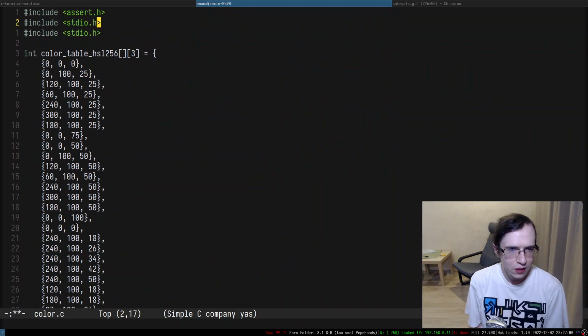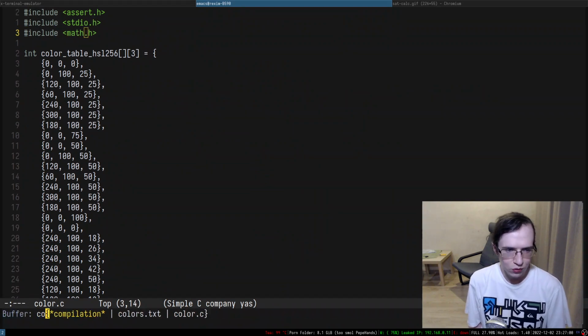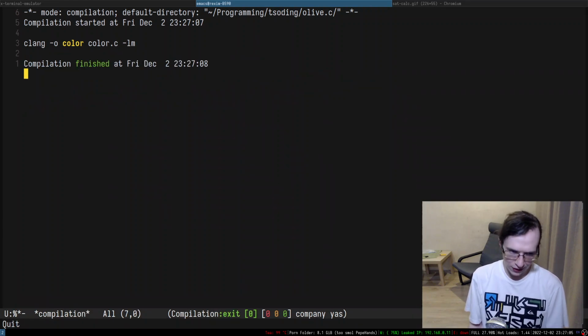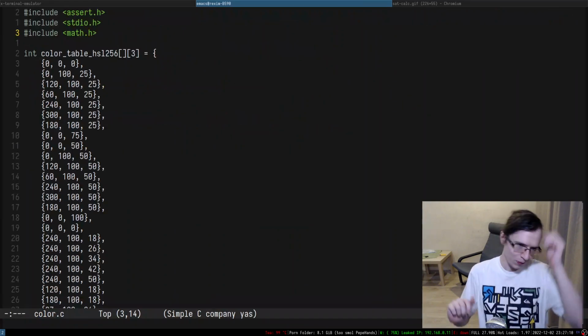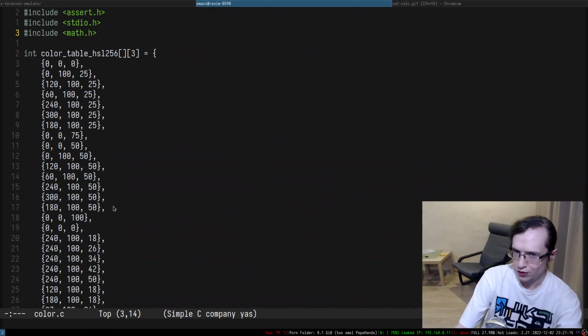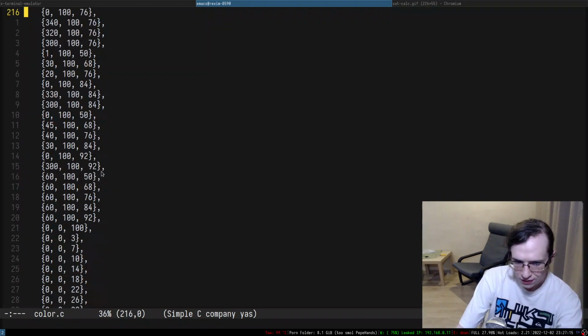fmod is not available, so let's include the math header, and we probably need to link with the math library as well. So as you can see, now it works. I'm actually really curious if my HSL thingy works correctly. And what's funny is that